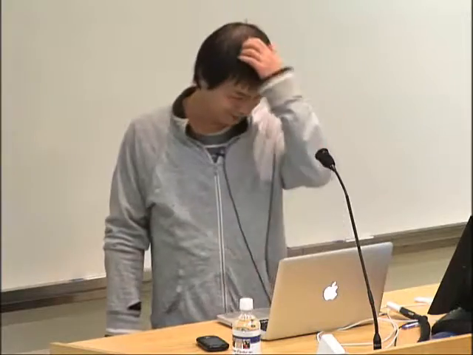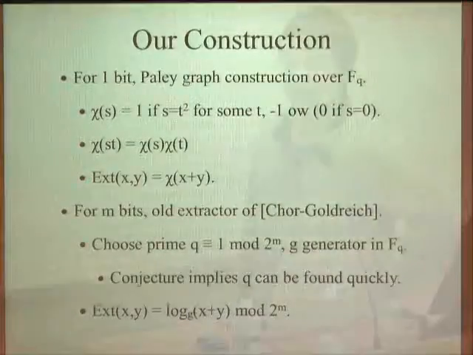Does that also rely on the conjecture? No. This doesn't rely on the conjecture. The conjecture is just to find this prime q. So you require the conjecture only one time, right? Even if, for example, finding this prime takes time, you need to do that only once. Yeah, it's not for every application. That's right. Exactly.